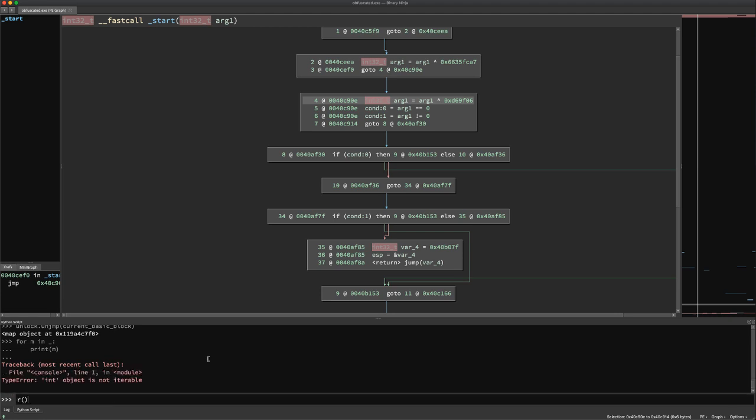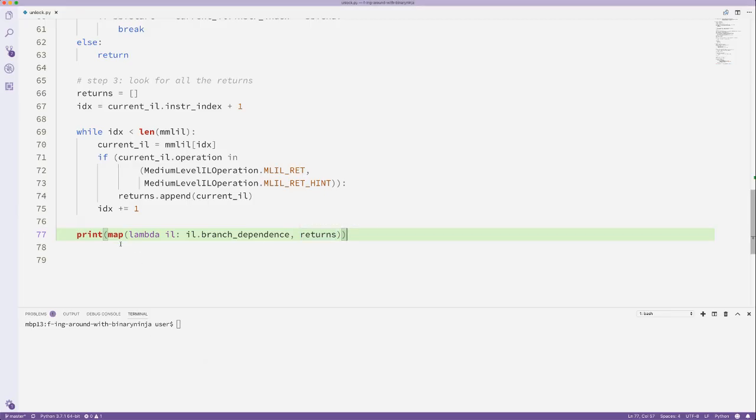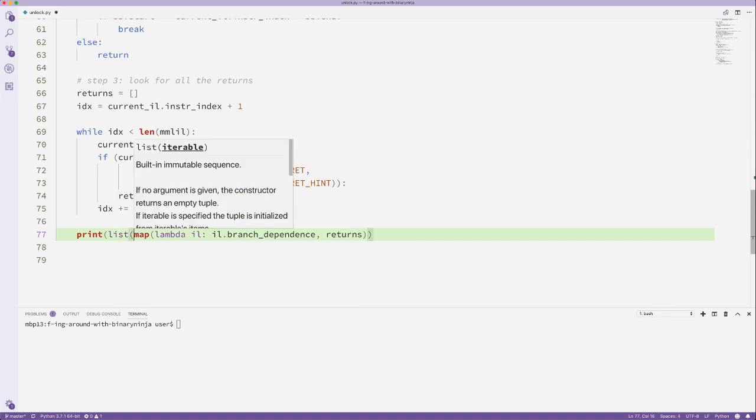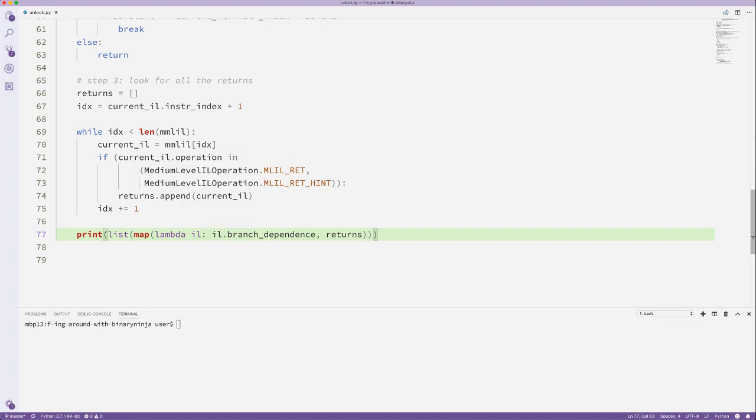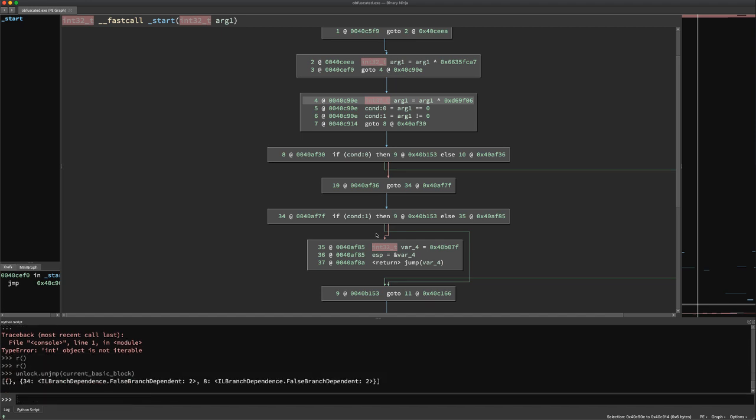All right. Branch dependence should be a list of something. Let's just make it a list. There we go. So we have an empty, and then we have this one. So now we can say